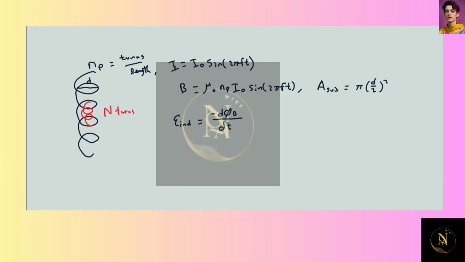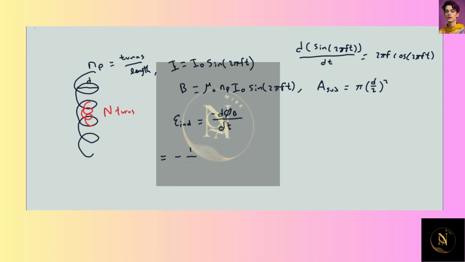So when we differentiate this bit, we know that the derivative of sine of 2 pi ft with respect to time is simply going to be 2 pi f cosine of 2 pi ft. So plugging this in for the induced EMF, we find an expression of